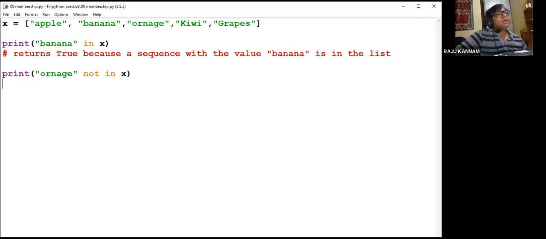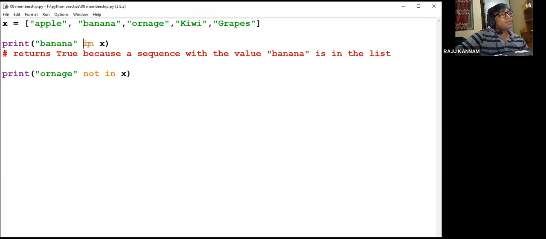See here, Pooja, this in operator is used to check whether the given element is present in the list or not. Here I have taken one list called X, with 5 values: apple, banana, orange, kiwi, grapes. Now I want to check whether banana is available in this list or not.